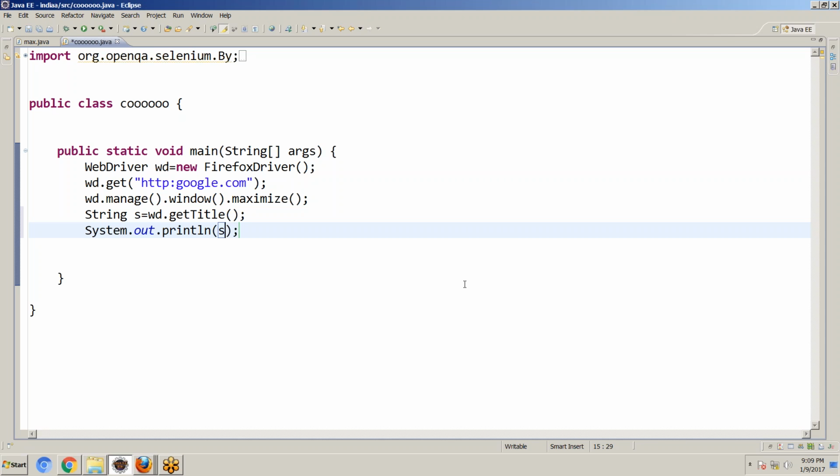We can get the title of the page. Save, click on run.